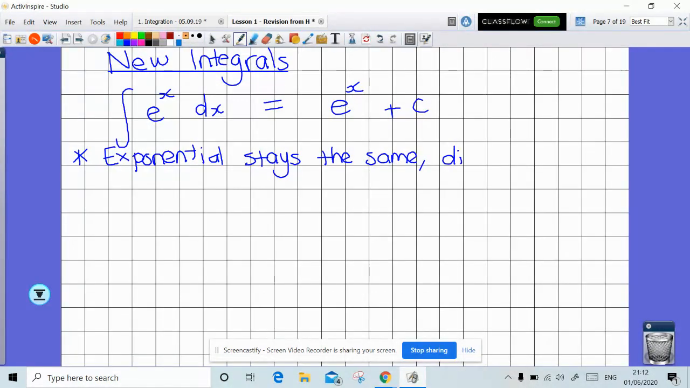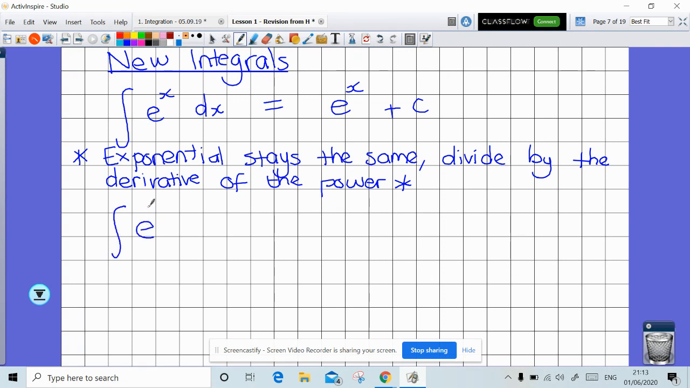Comma, divide by the derivative of the power. Okay, so that's the rule for integrating an exponential. Okay, so the one that's given to you in the formula sheet is e to the power of ax plus b